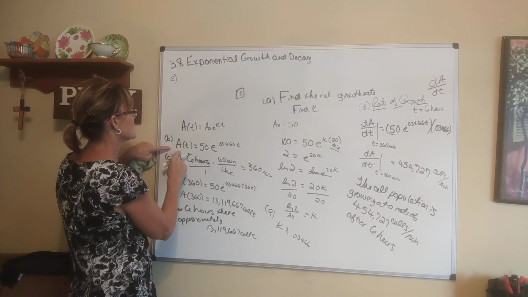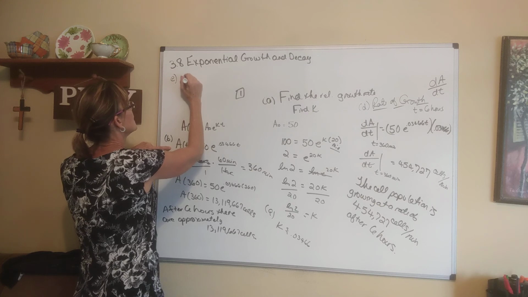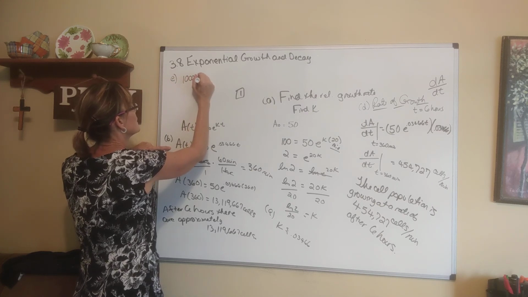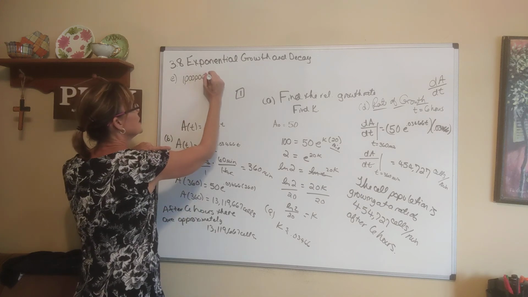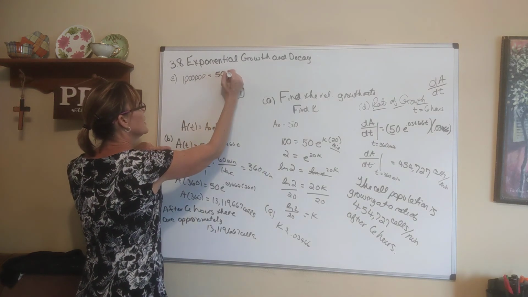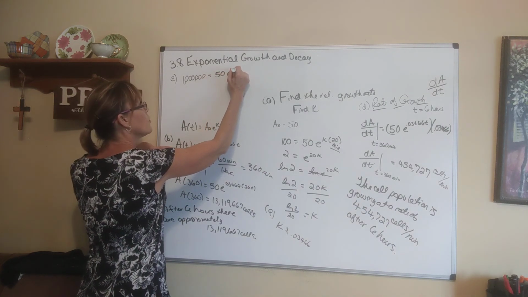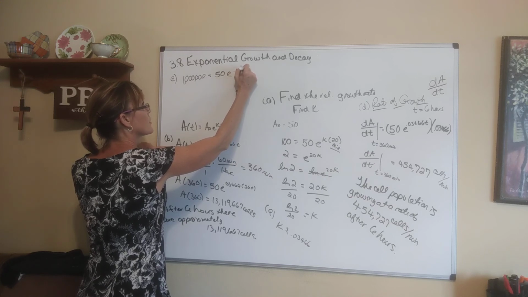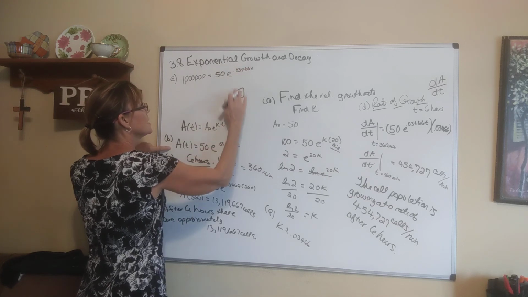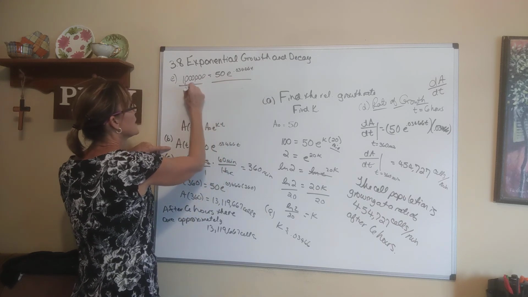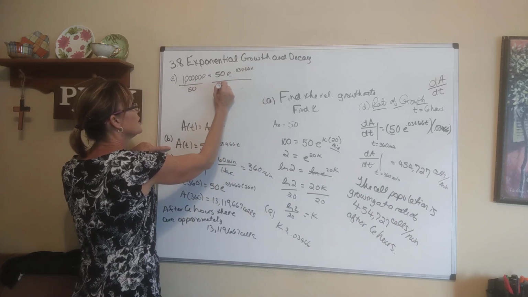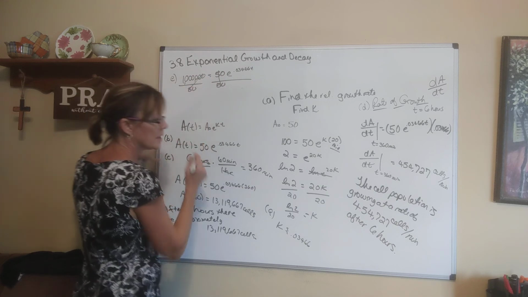This is the amount, so this is 1 million. The amount after some time has passed is equal to 50 e to the 0.03466 times t, and we're going to solve this little equation for t, and that's going to tell us how long it takes. Divide by 50,